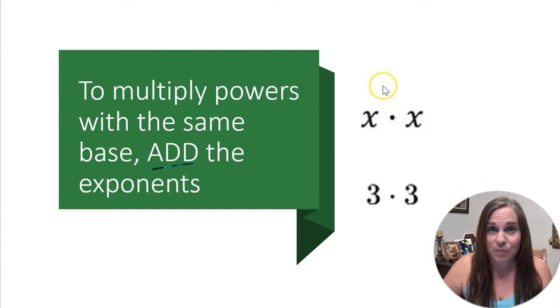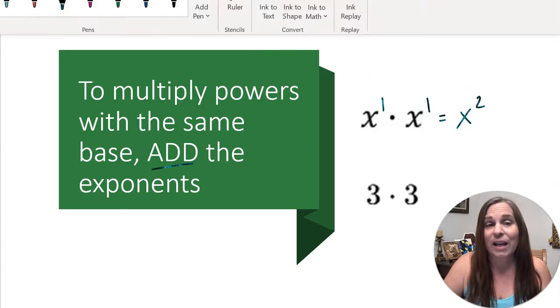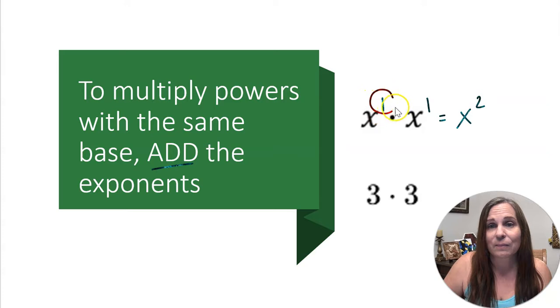If there's no exponent, then the exponent that's actually there is a 1. So this is x to the 1st times x to the 1st. And we know that x times x is x to the 2nd, right? We just looked at that. But another way we can now look at this is by looking at the exponents and adding them together,